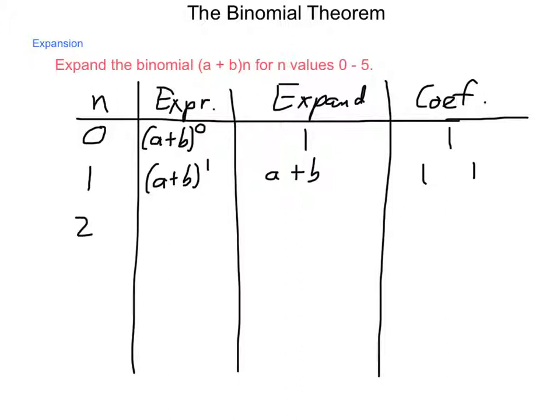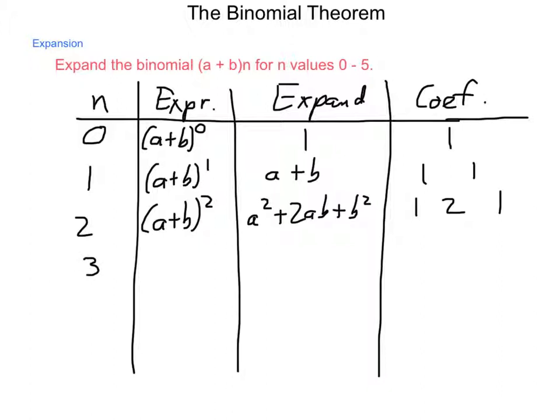Next, second, and we did this one quite a bit when we were working in quadratics. This was a squared plus 2ab plus b squared. So our coefficients were 1, 2, and 1. And we can continue to do this, working ourselves down through the systems, and we'll come up